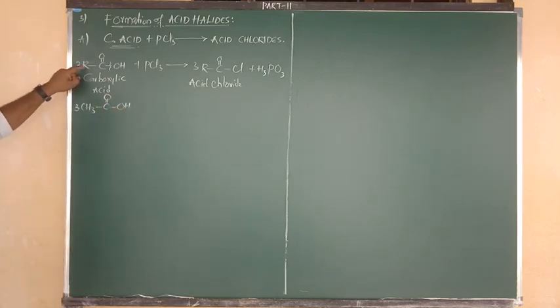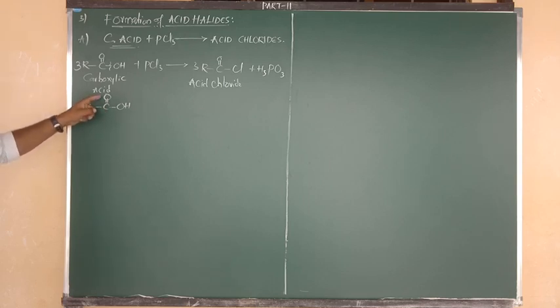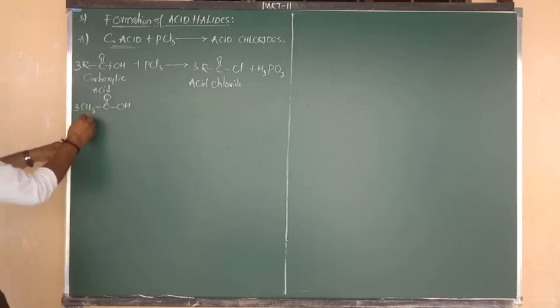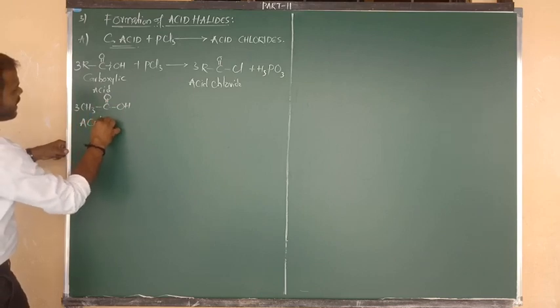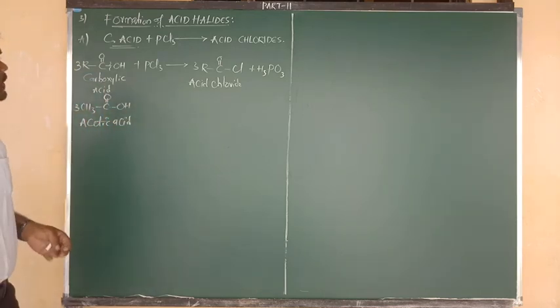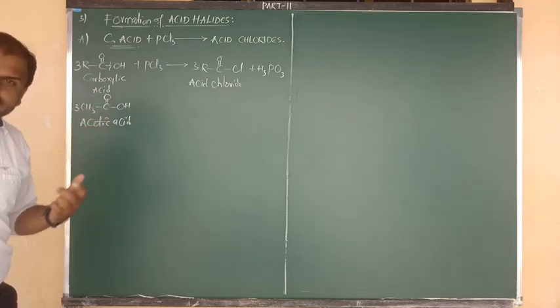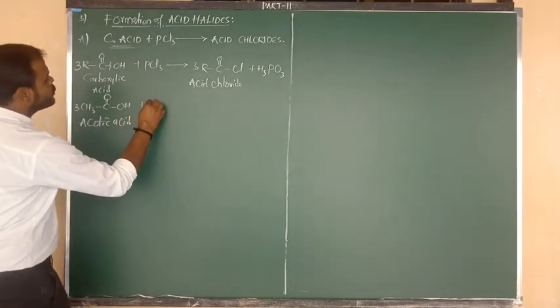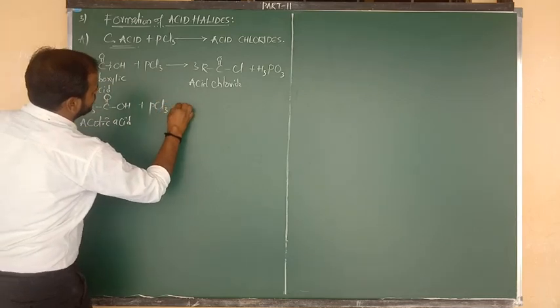So in the place of R, I have written CH3. So CH3 bonded to C double bond OH. That is nothing but acetic acid, and also we can say ethanoic acid. Okay, very good. Now such ethanoic acid or acetic acid, when it reacts with PCl3, that means